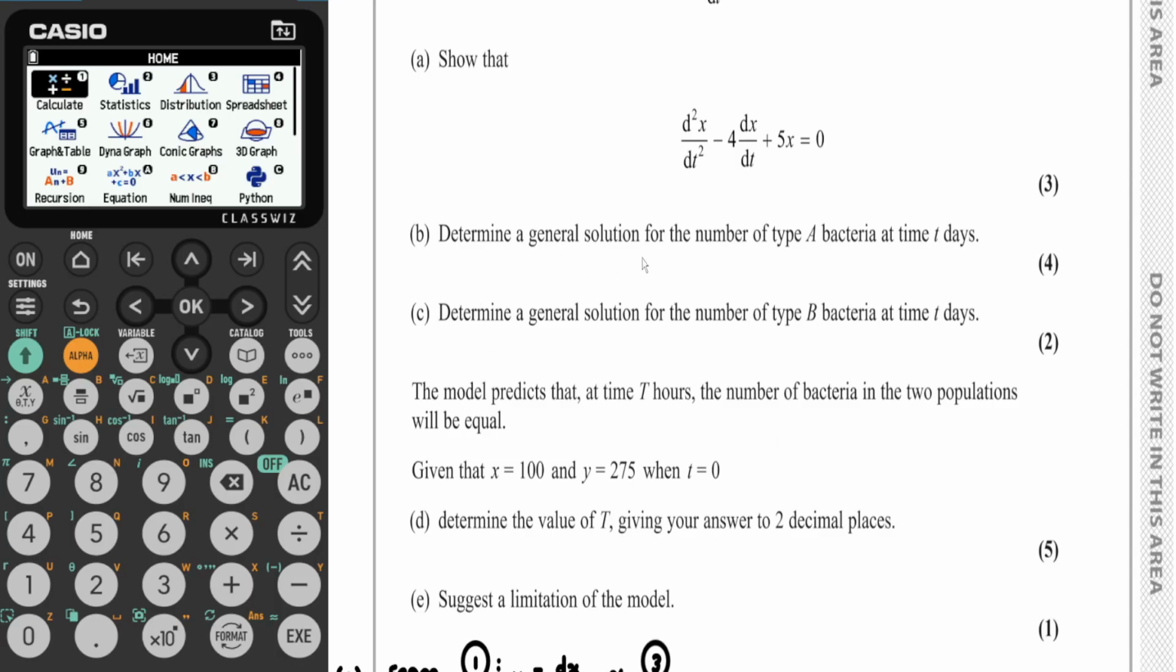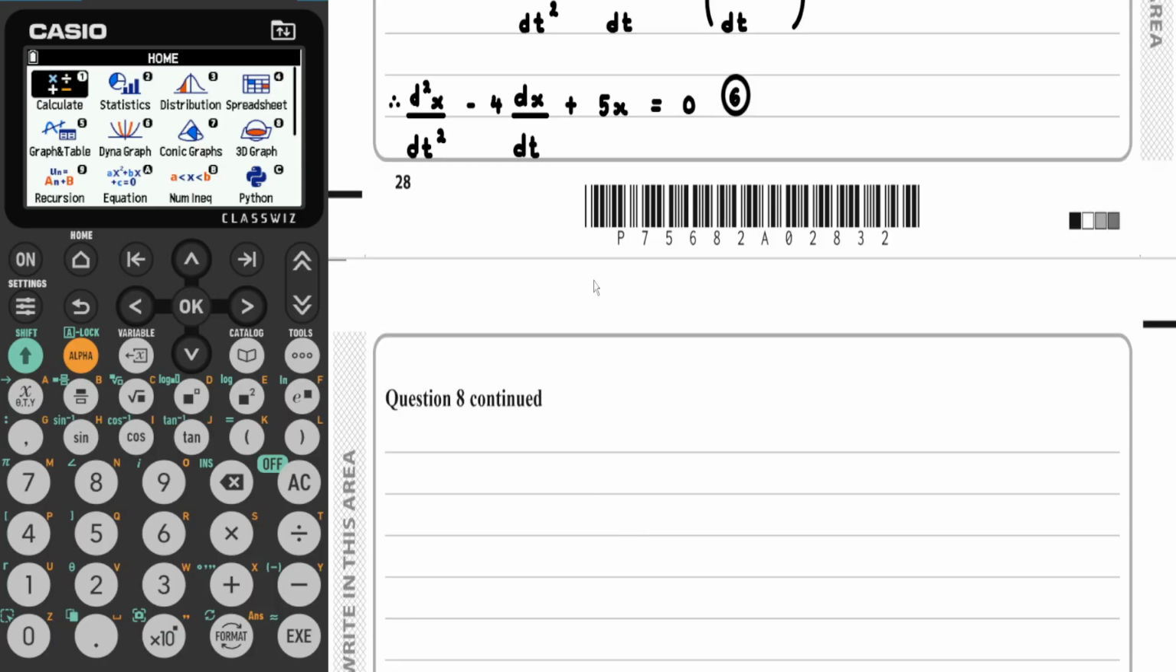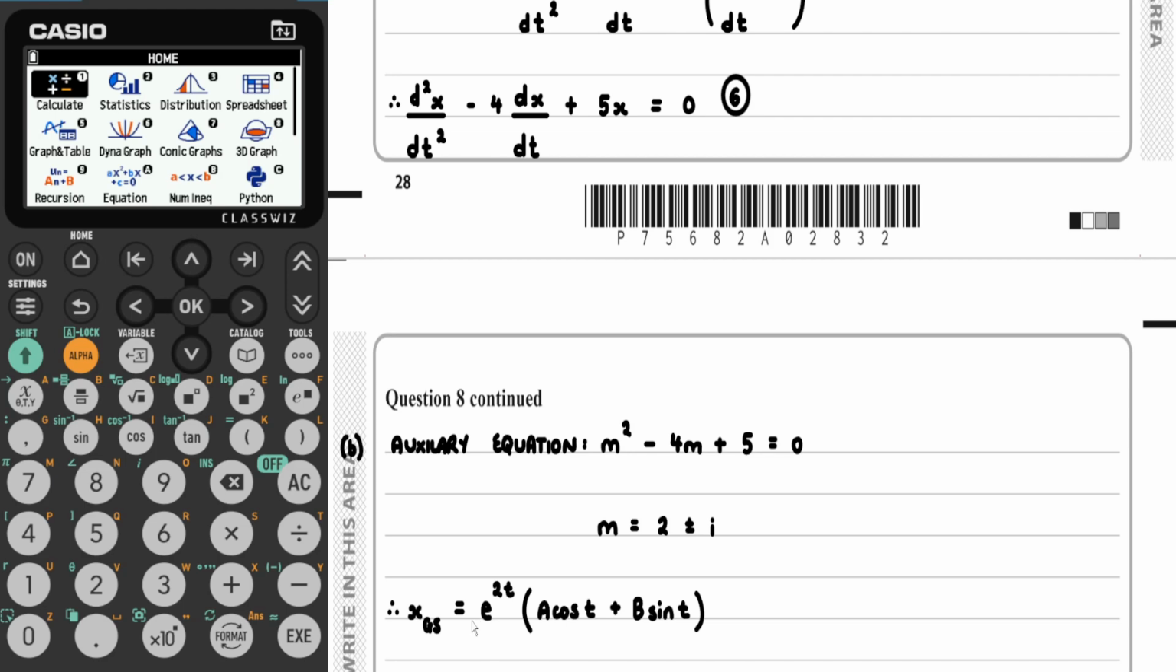Part B, determine a general solution for the number of type A bacteria at time t days. The first thing we can do is form an auxiliary equation. In doing so, we have m squared subtract 4m plus 5 equals 0. And if I solve this equation, you will find m to equal 2 plus minus i, meaning the general solution is given by e to the 2t multiplied by (a cos t plus b sin t), which I will call